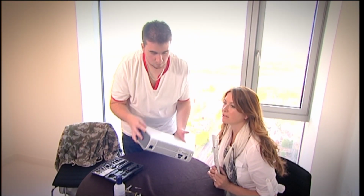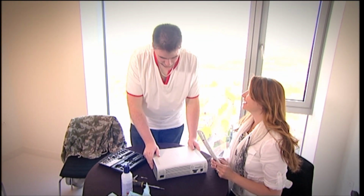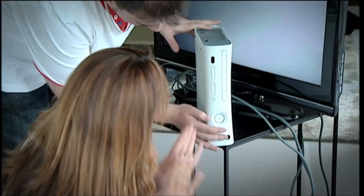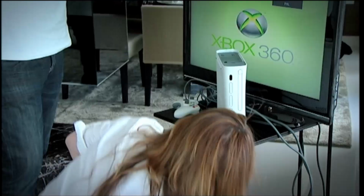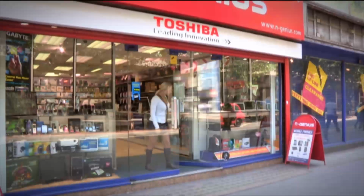What's that? Rattling noise? We've not even switched it on yet. I know. But would it work? It works! That's fantastic. Meanwhile, I'd done a bit of shopping myself and was ready to get all DIY on